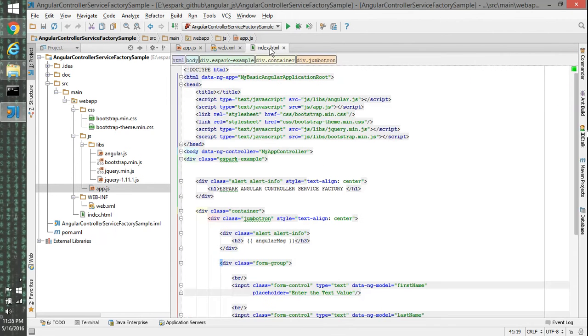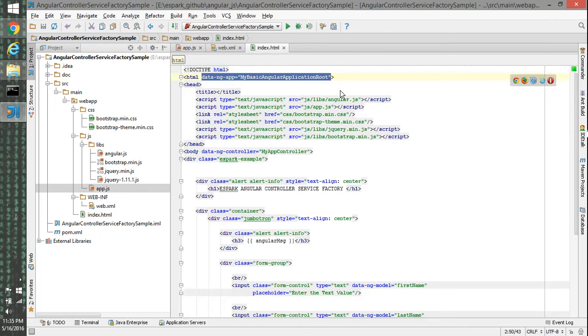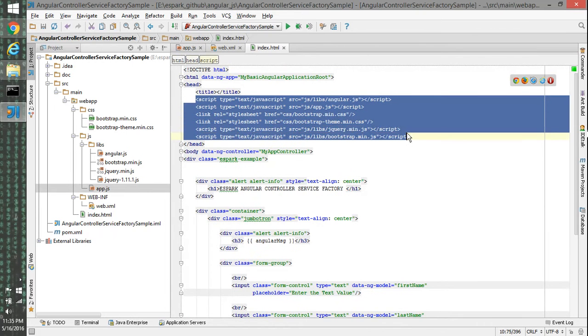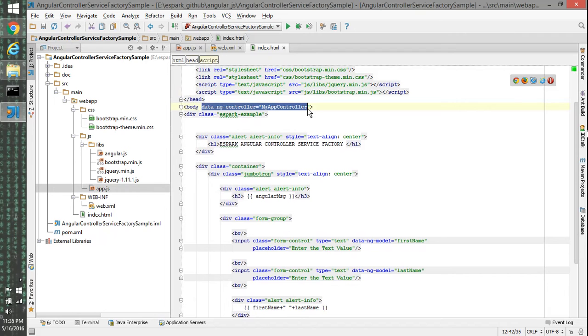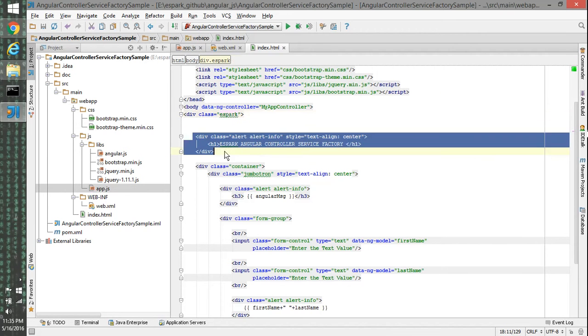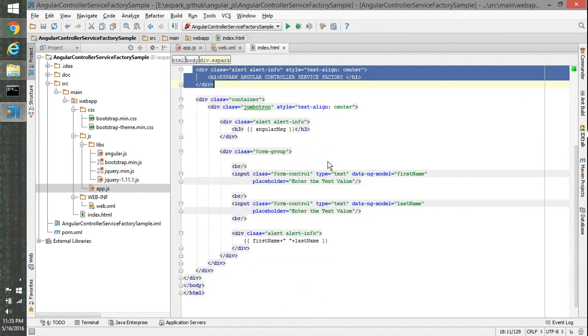So let's get into the index.html, where we have defined a module for this. And then we have imported all JavaScript and CSS and bootstrap related things. We have binded the body with this controller. Then we have defined couple of div tags and all.